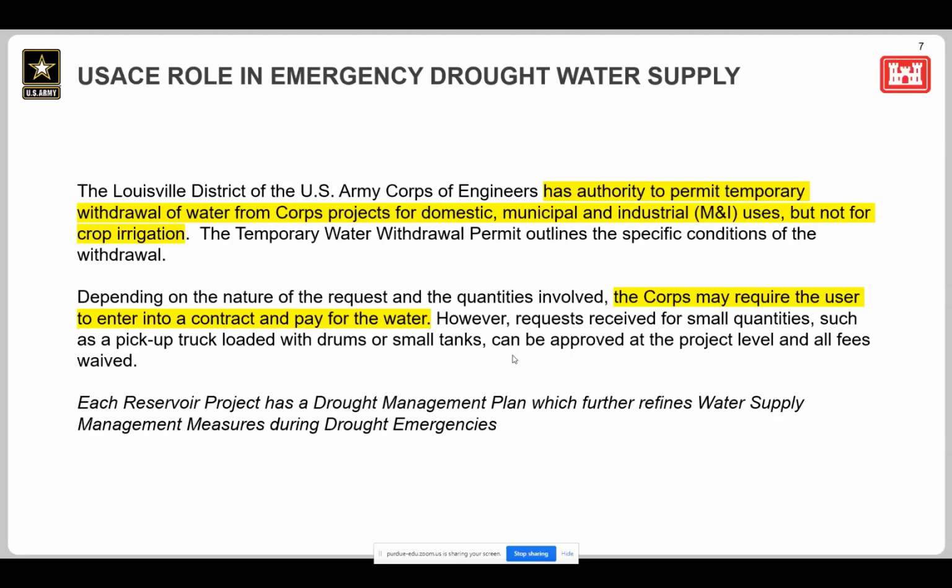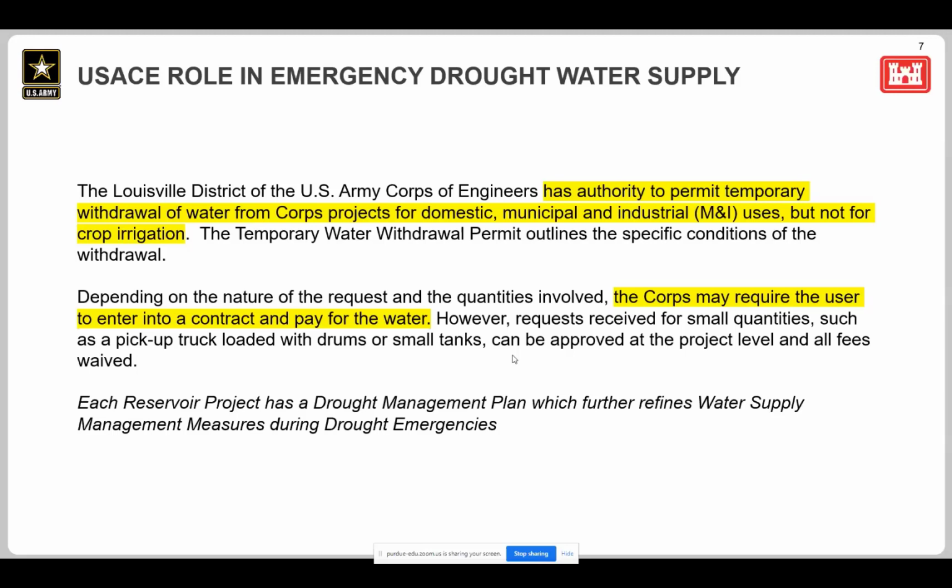That kind of typically works through our planning office. And so I'm not 100% sure on the details, but as I mentioned earlier, there is a minimum fee for each permit, and there may be some costs associated for any sort of additional withdrawal. And the other thing to note for our projects is that each of our